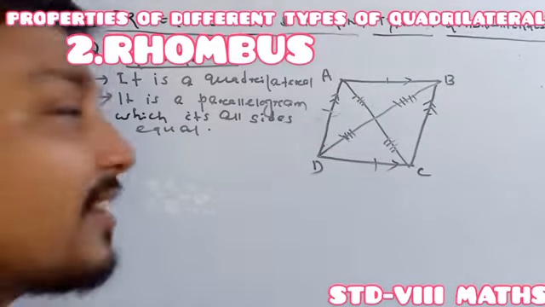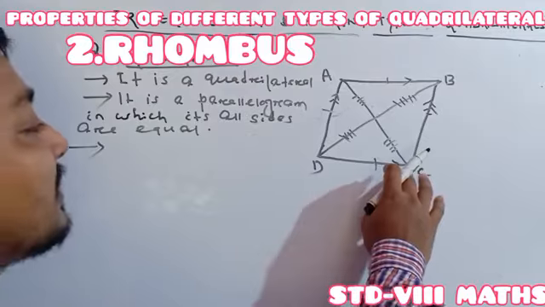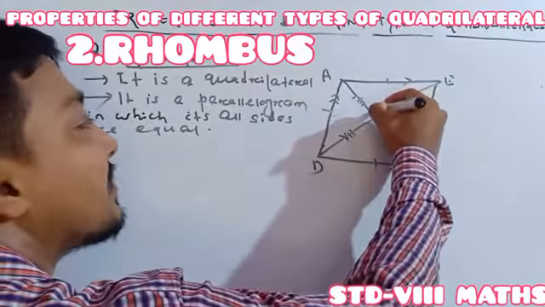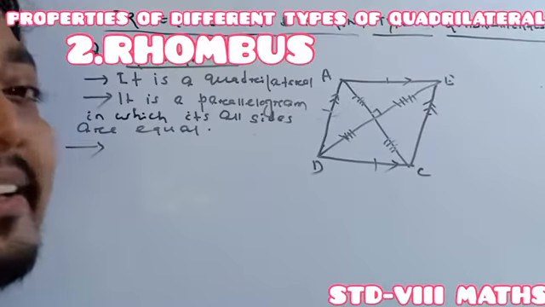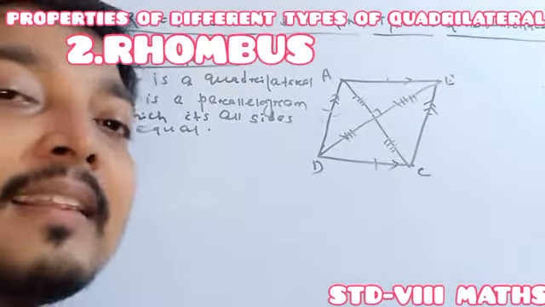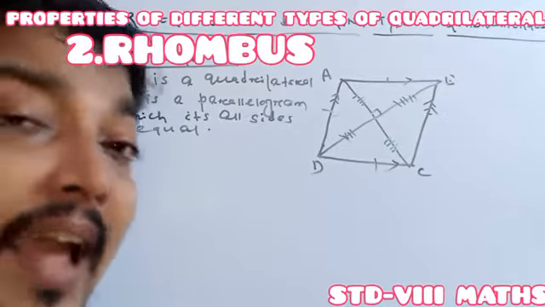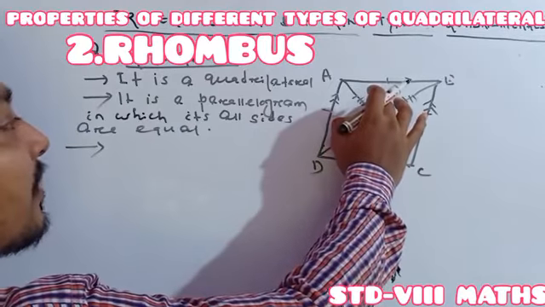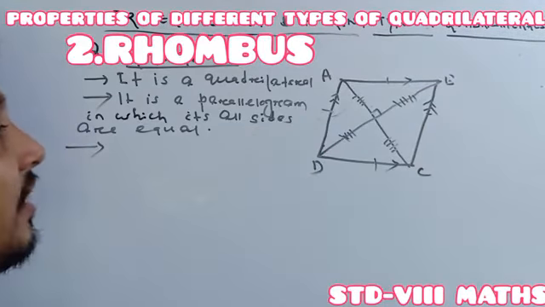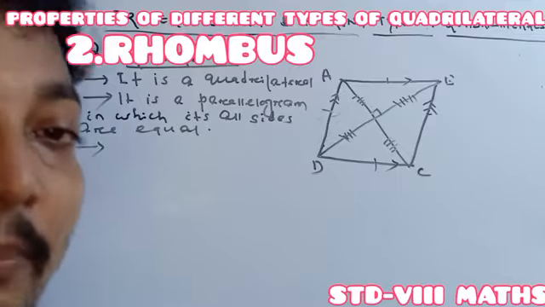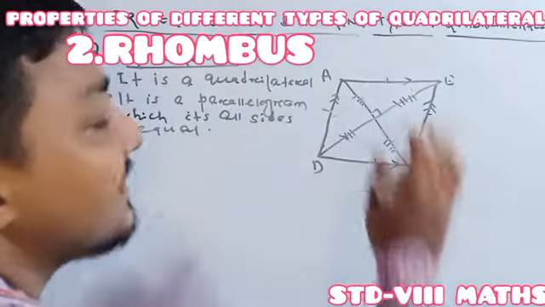Another thing to remember: in which quadrilateral are all four sides equal, and the angle between the diagonals is 90 degrees? Previously, in the parallelogram, where the diagonals intersect, we cannot say how much that angle is. But in the rhombus, the intersecting angle between the two diagonals is 90 degrees. Previously the diagonal was only a bisector, but here we can call it the perpendicular bisector, because the angle is 90 degrees.